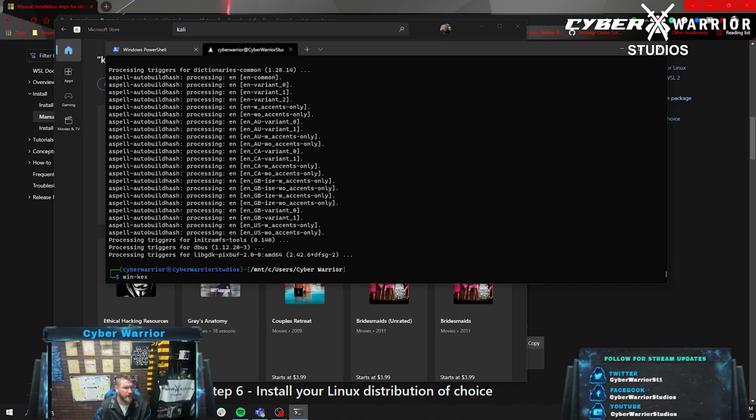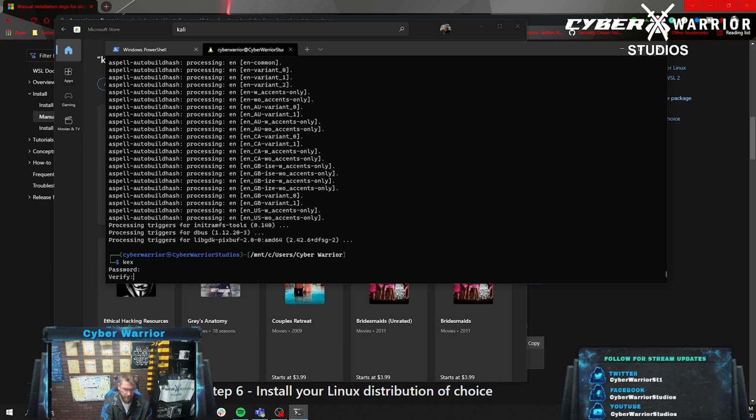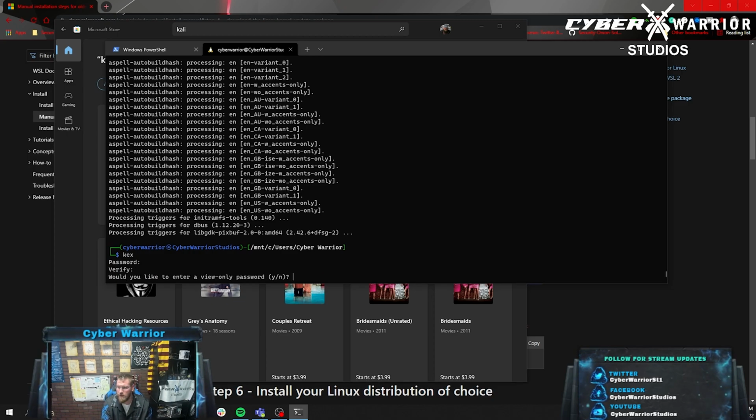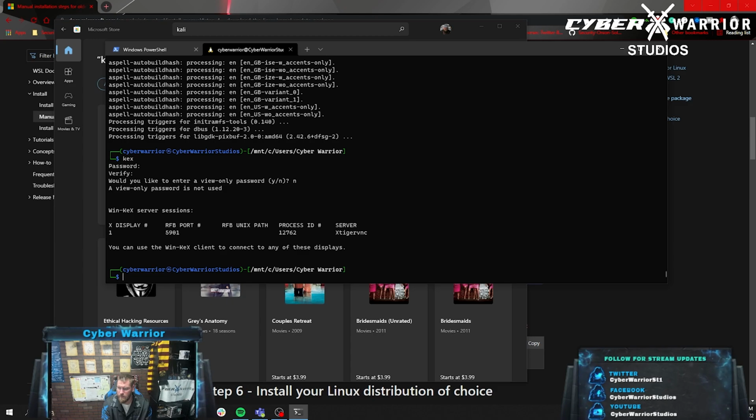Let me just verify that. Yeah, so it's just KEX. And we set our password. We don't want a view only password. And now we need